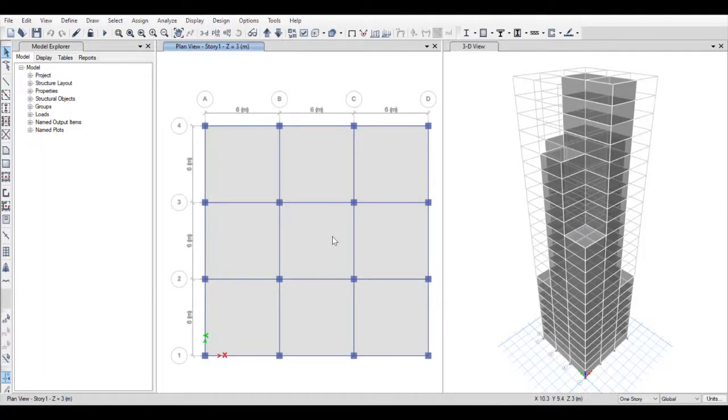So in this case, when we are defining the lateral loads, which in our case would be the seismic load, we won't be assigning it because when it is a dead load, you are assigning it to a particular member, or in case a live load. But when you are giving a seismic load, you don't have to assign it. It automatically in the software gets assigned to the whole building.